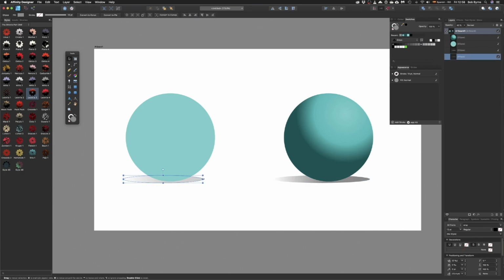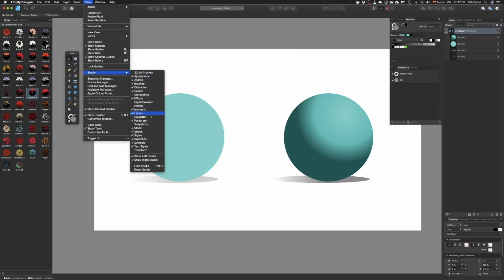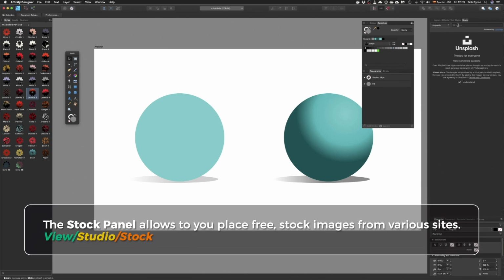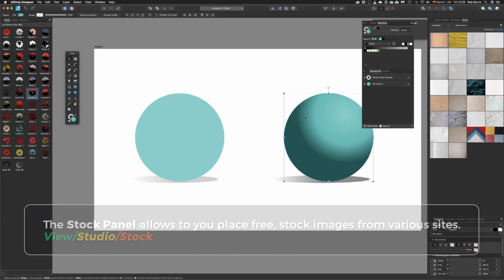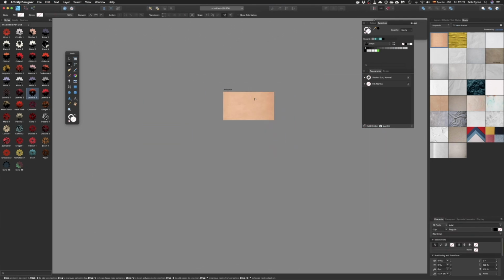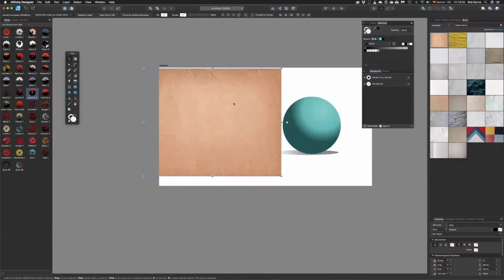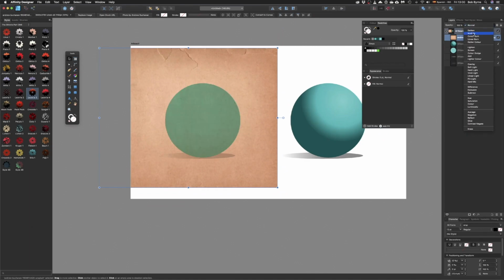And now we're going to do the same thing. We're going to get a pixel image and add it to the solids. So we're going to use a feature called the stock panel. And the stock panel allows you to place free stock images from various websites like Unsplash, etc. And I've searched for paper texture and double click and boom. Now you'll notice that the texture is such a high resolution that I have to zoom out to get the handles and resize it. And now I cycle through some blend modes and you can see there's an instant reaction